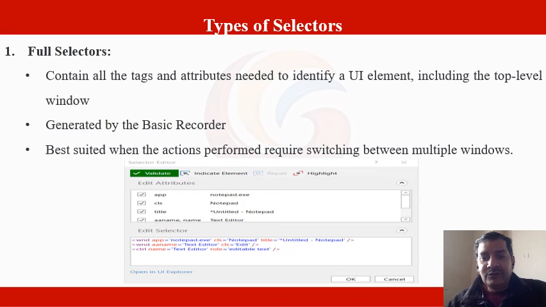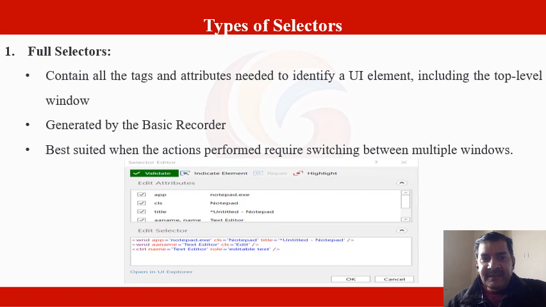While applying selectors, such a screen is required when you validate the selector. It is best suited when the action performed requires switching between multiple windows.